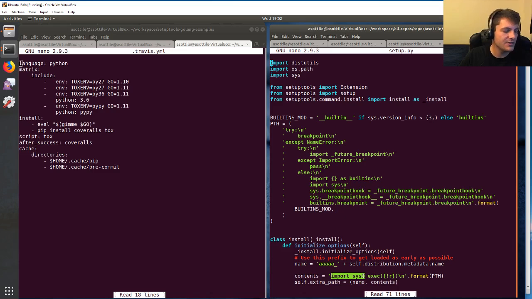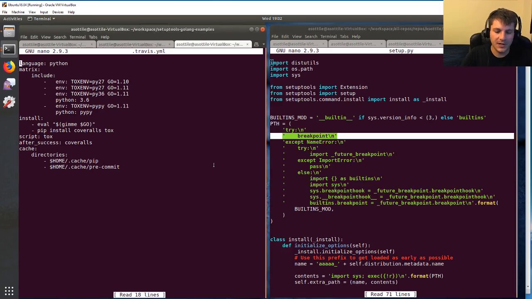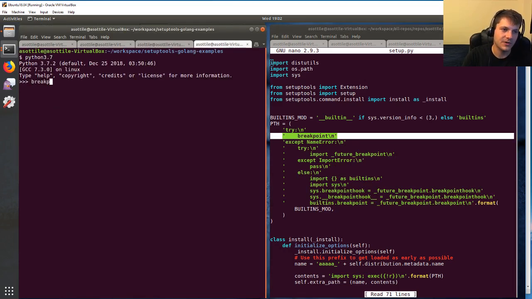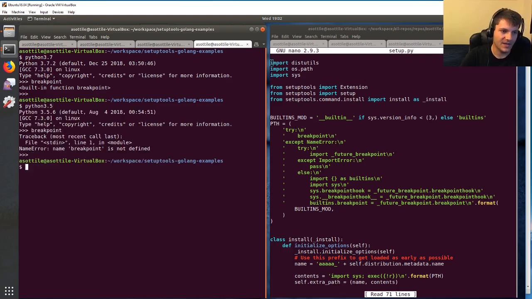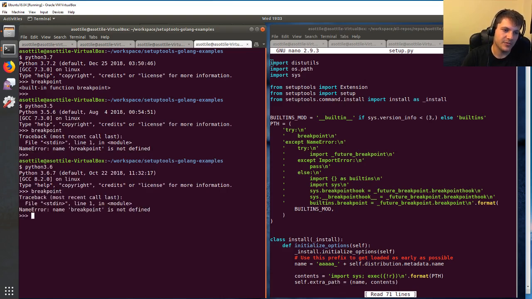The other use of PTH files is if you put directory paths on a line, it will add those to sys.path. So it kind of has two features. But anyway, I kind of abuse this fact to exec this chunk of code here, and what this chunk of code does is it tries to see if your interpreter already has breakpoint as a built-in. So in Python 3.7, if you ask for breakpoint, you'll see that breakpoint's already part of the standard Python distribution. But in Python 3.5, breakpoint is not a thing, and even in Python 3.6,